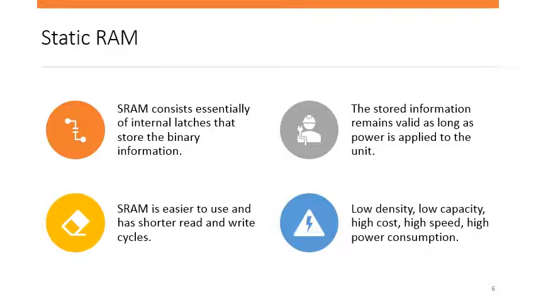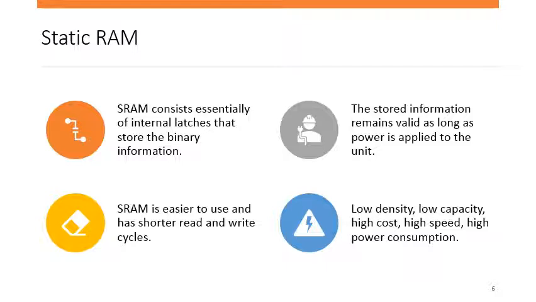Now let us go to the two specific types of random access memory, that is the static RAM and the dynamic RAM. We're going to see the features available for the static RAM and the features for the dynamic RAM. Then we will have a comparison of both of the architectures, and the applications of both of the structures, where we are using static RAM and where we are using dynamic RAM.